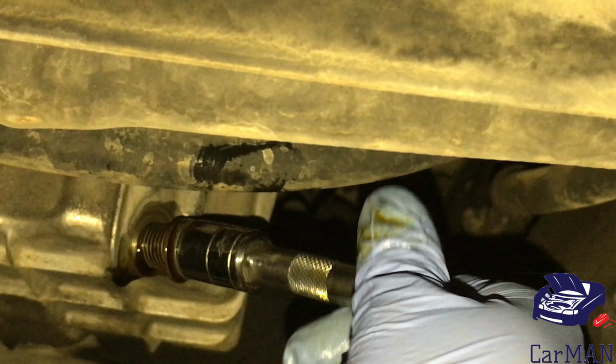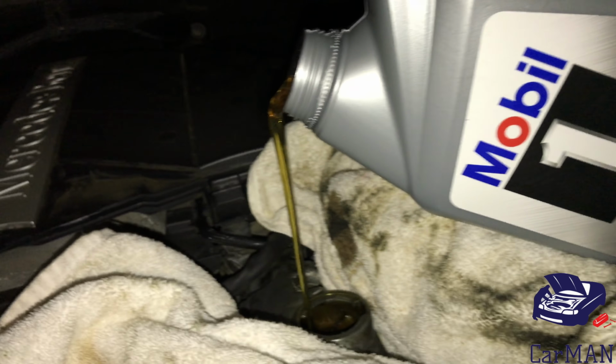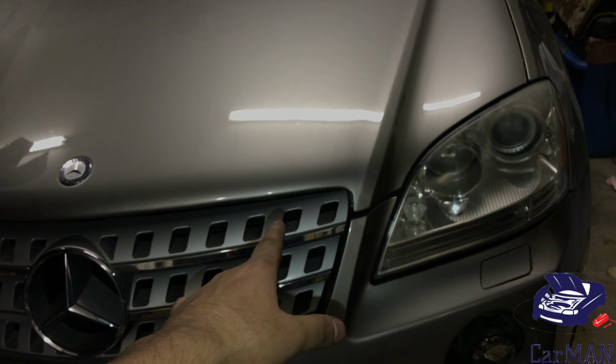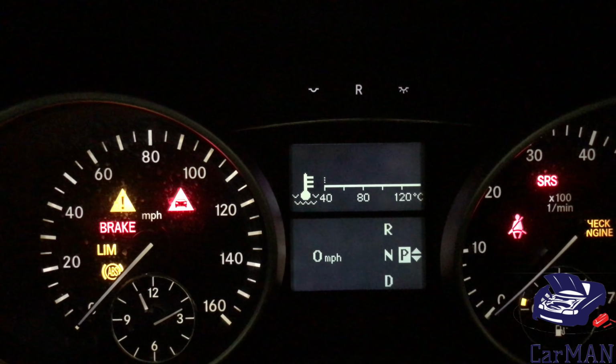Install the drain plug back into place. Now it's time to add our engine oil. And now I'm going to go inside the car to check the oil level. So I have the key in position 2. Do not turn on the car. I'm going to scroll through the options